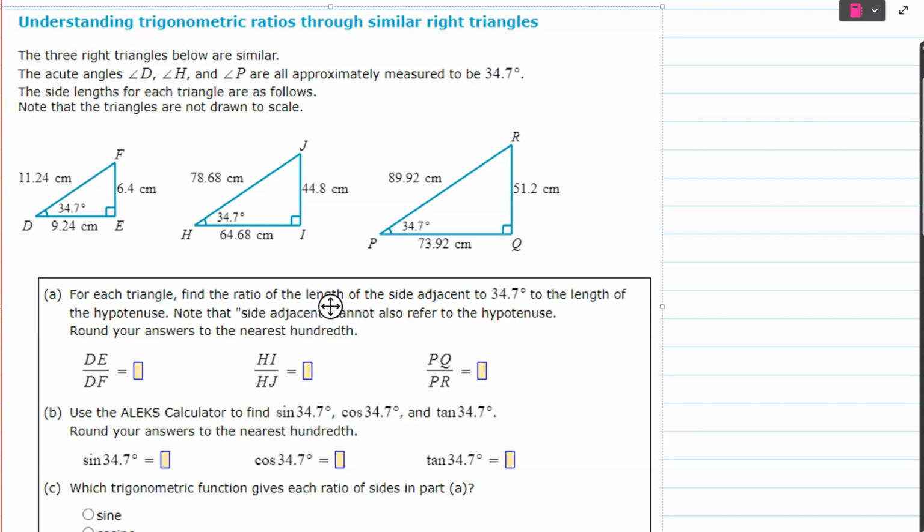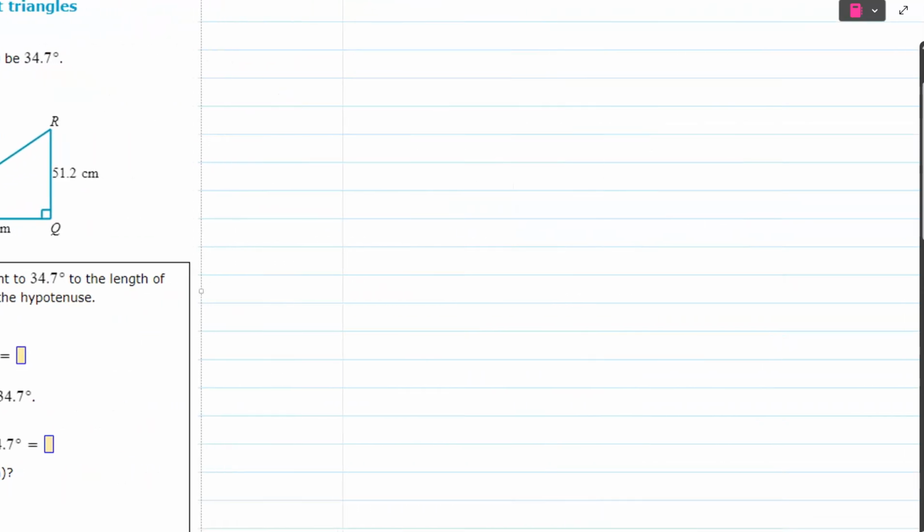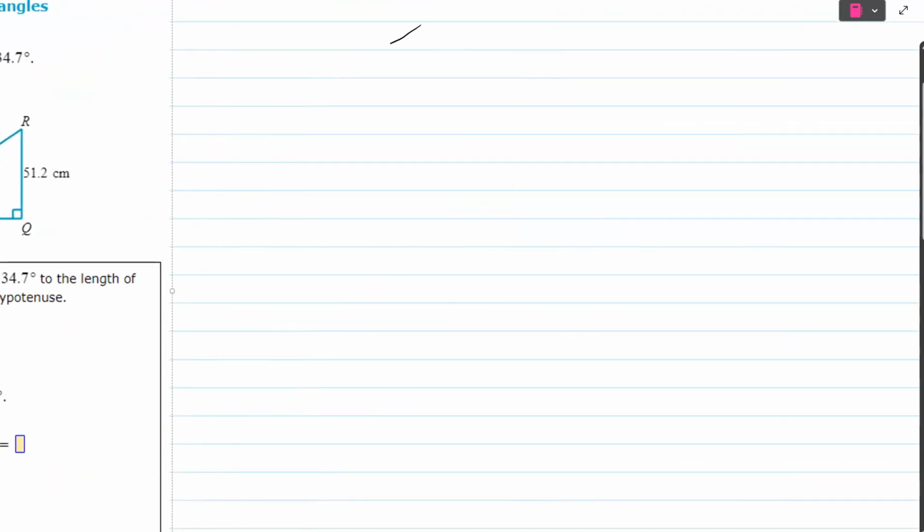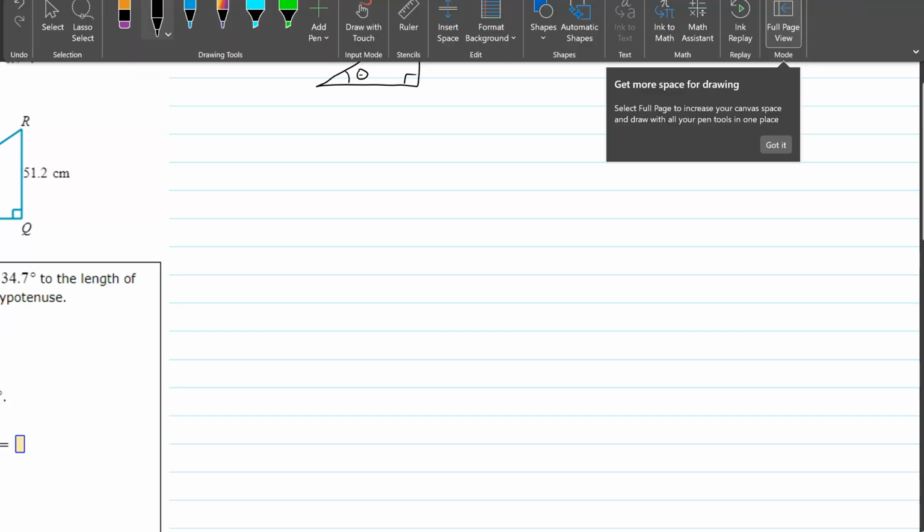Okay, let's go over some trig stuff. So trigonometry is just the study of ratios of sides of a right triangle. Let's start with the basics here. If you have a right triangle, and we call one of the angles theta, then across from theta,